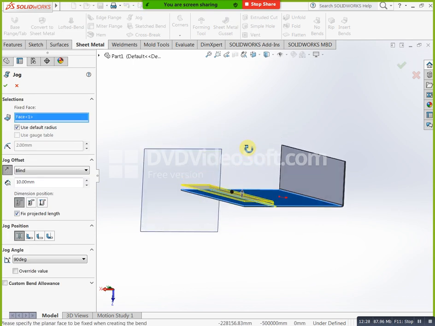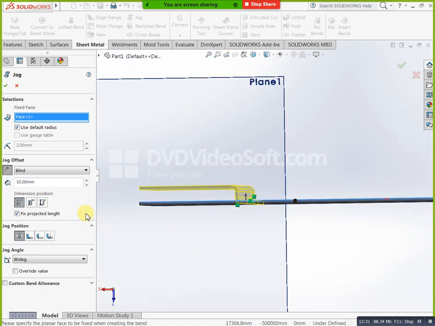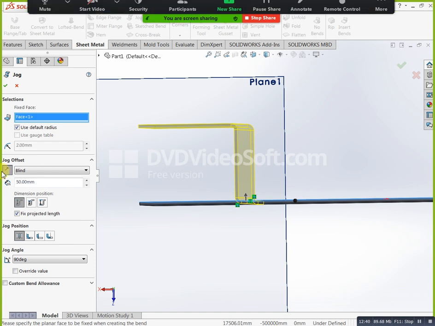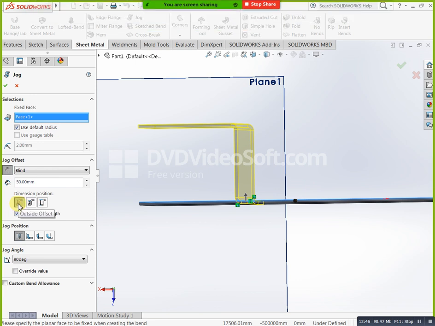This is our flange length actually. Just you can see flange length. If you need only this one, inside offset, outside offset, overall dimension. Okay, which one you need? If you need overall dimension, this much 50, or only outside offset, only inside offset, that is your requirement. Based on your requirement you can mention that one. This type of bends if you need, you can use jogged. See.